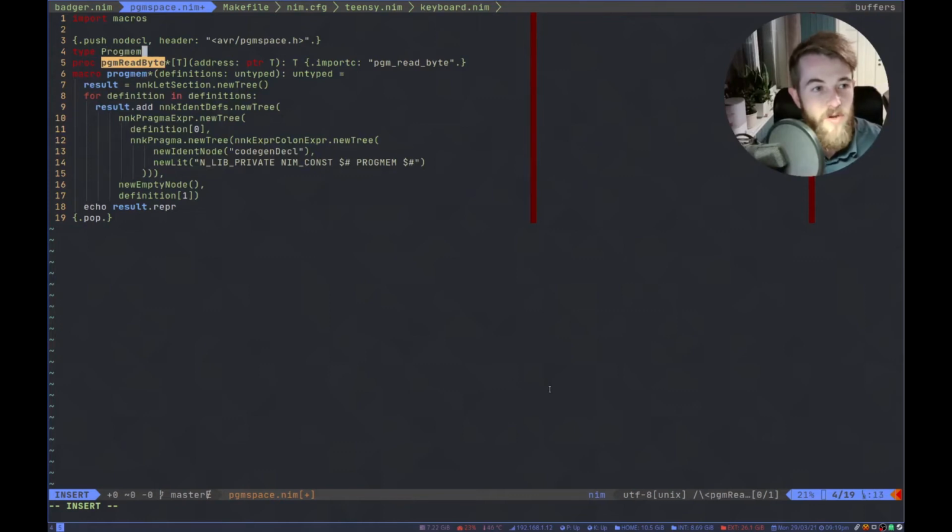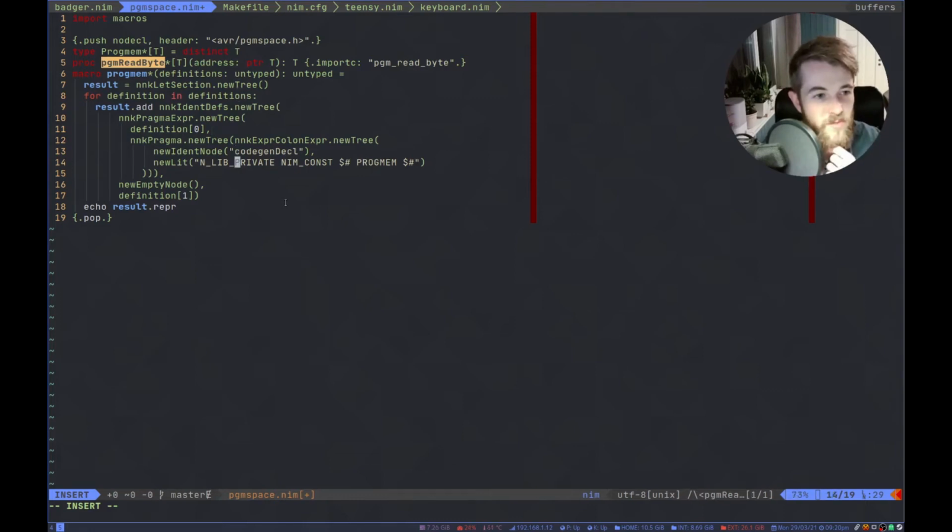And we are just going to call it progmem_t. And this is going to be distinct t, I guess. Distinct just means that we have now created a type that we can't mix with other t's,